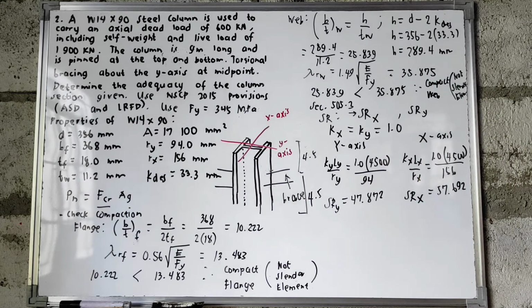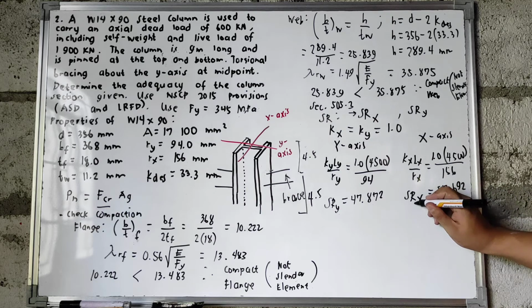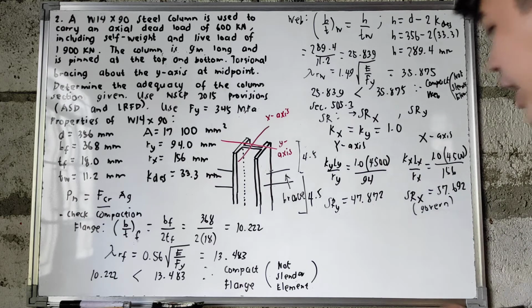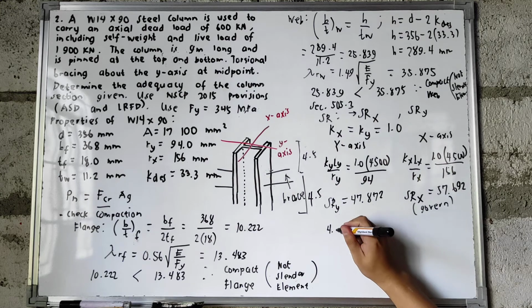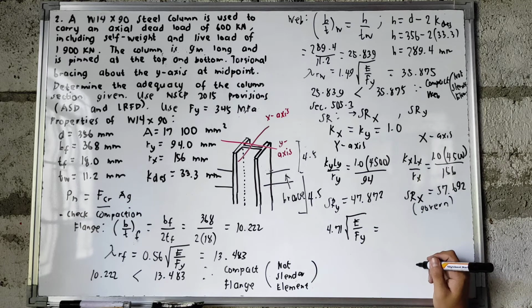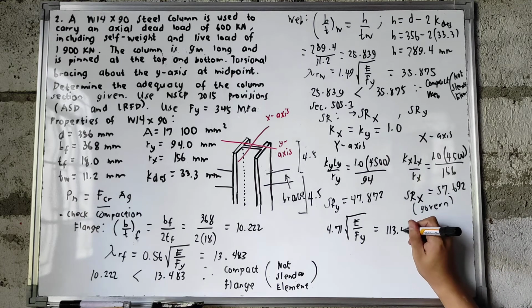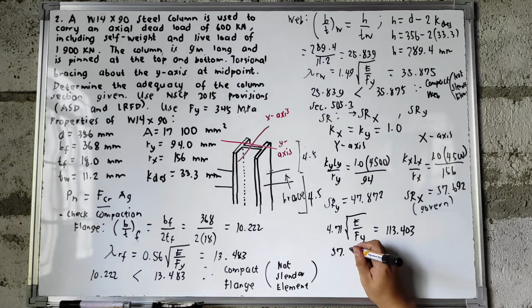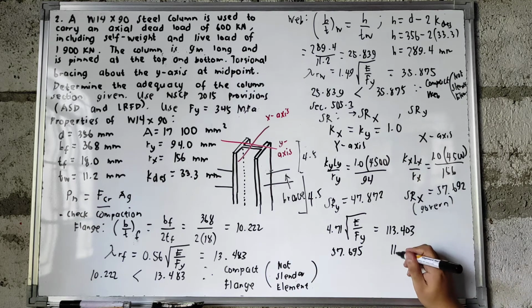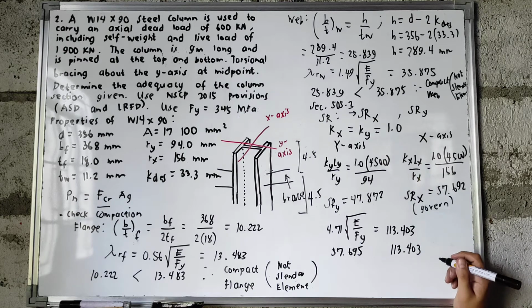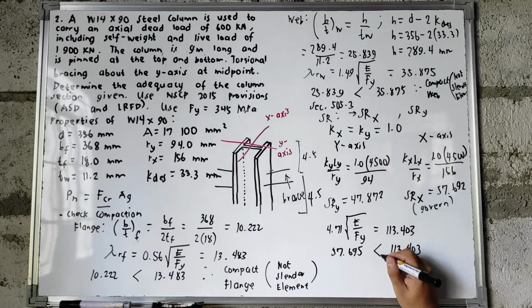So, for this one, gagamitin natin yung larger na value ng slenderness ratio natin. So, therefore, ito yung nag-govern. Ito yung gagamitin nating slenderness ratio na ipagko-compare natin sa value ng 4.71 square root of E over Fy. So, yung value natin dyan, that is equal to 113.403. And yung nakuha nating slenderness ratio na 57.692, and yung kakakuha pa lang natin na 4.71 square root of E over Fy. So, pagko-compare natin yung dalawa, since less than yung value ng slenderness ratio natin, therefore, we have